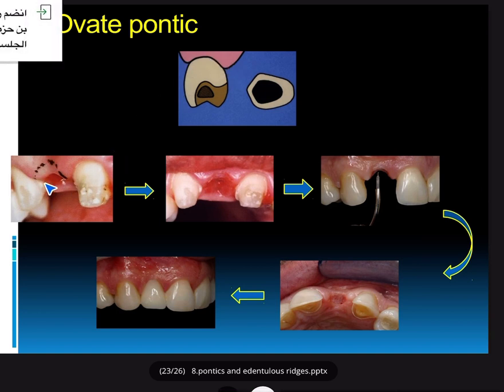Either we have to do it at the time of extraction. We will plan that at the time of extraction we will fill this area with a temporary crown which has the ovate pontic, so that during healing it will maintain this depression. And if you see here, these are all the maintenance of this, then it will come like this. Or if the residual ridge is already there and the patient did not come at that time, then you have to plan some surgery to make this depression, which will cost the patient more than the normal